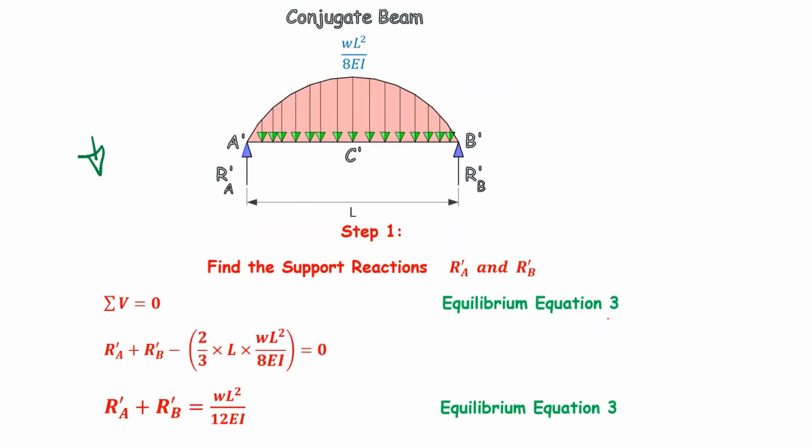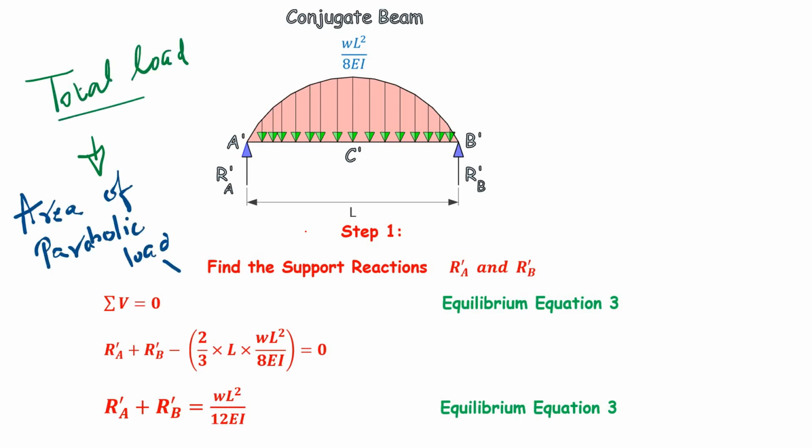Now here, to find out the support reactions, we have to use the equilibrium equation, summation of V equal to 0. RA dash plus RB dash minus the load. This is the load diagram. So you can see that the total parabolic load is 2 by 3 into